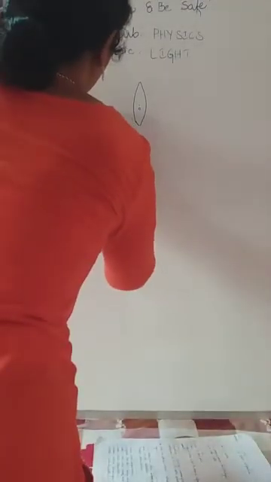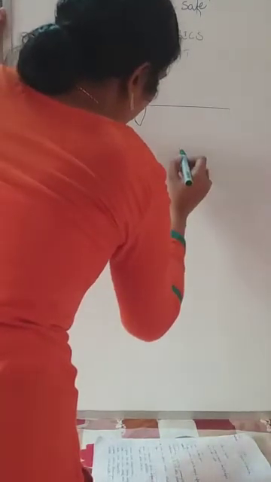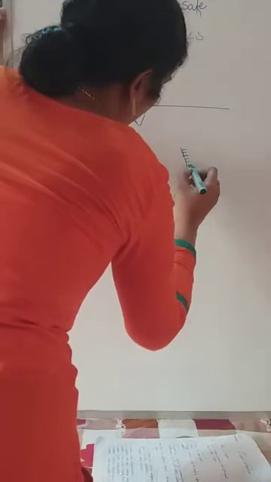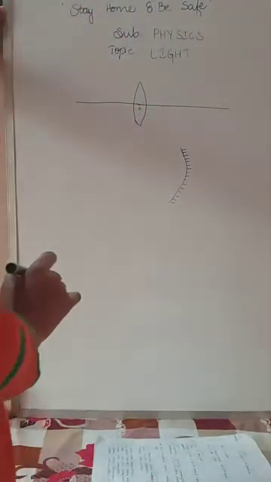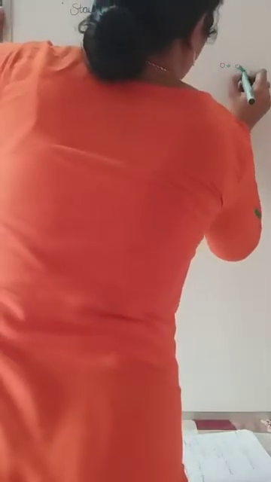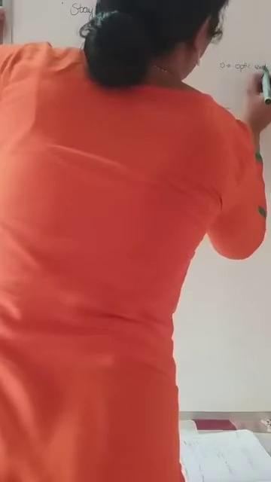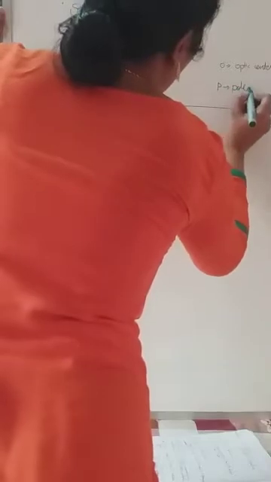And in the same way, the pole of the mirror. If you take a mirror, consider this is a convex mirror. Convex mirror means the edge part is bulged out. Yesterday only I told you. So this is a convex lens and this is a mirror. The center point of the mirror is called the pole. Keep in mind, the center point of the lens is called the optic center. The center point of the mirror is called the pole of the mirror.